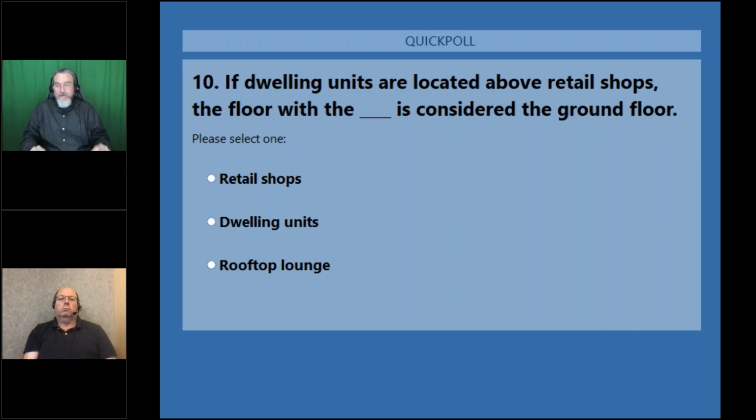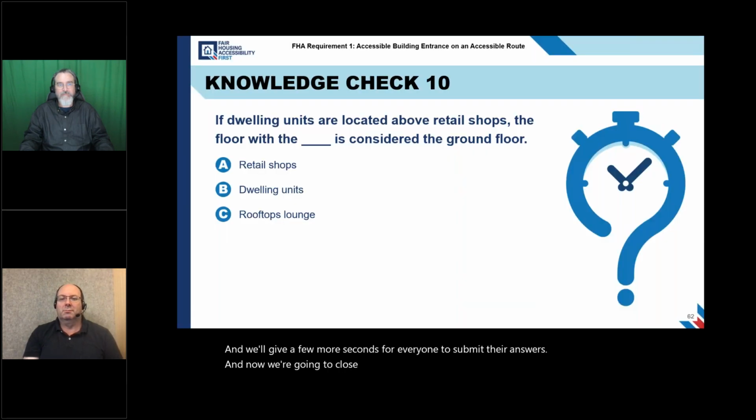Again, the 10th knowledge check reads, if dwelling units are located above retail shops, the floor with the blank is considered the ground floor. Your first option is retail shops, your second option is dwelling units, and the third option is rooftop lounge. We'll give a few more seconds for everyone to submit their answers. And now we're going to close that poll